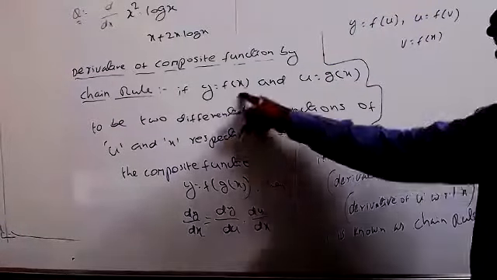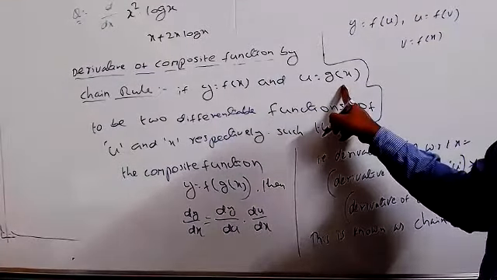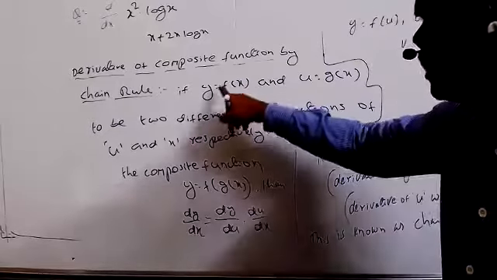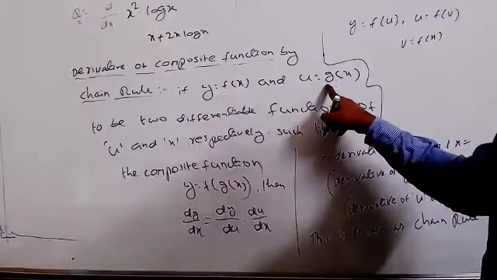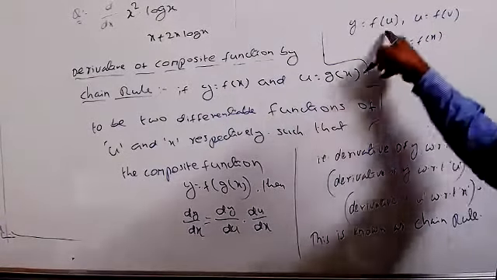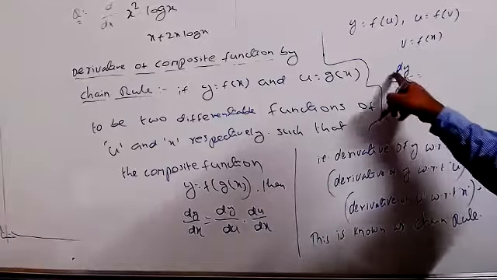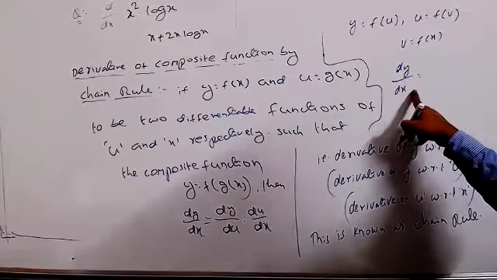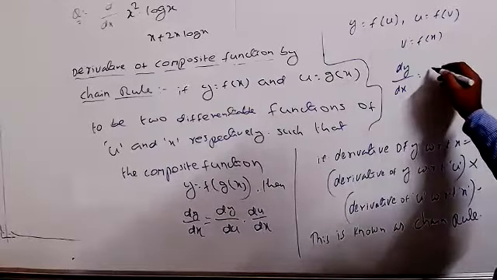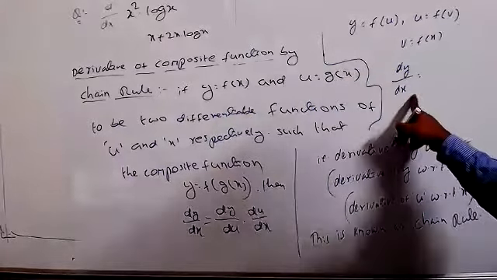Here we are taking two different functions, y equal to f of x and u equal to g of x. But dy by dx equal to what you get, tell me now? dy by dx equal to dy by du into du by dx. The same here also you can write now. dy by dx equal to first one. What is the first value here now? This one you can write. Instead of this function we got this.